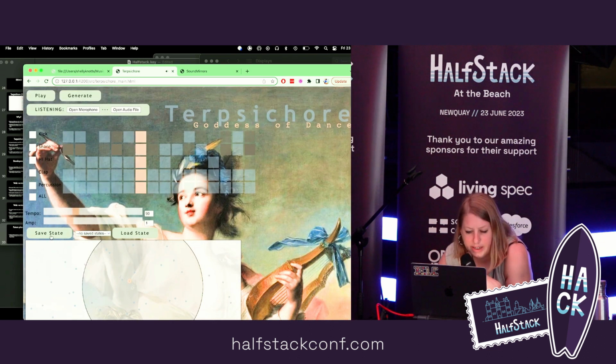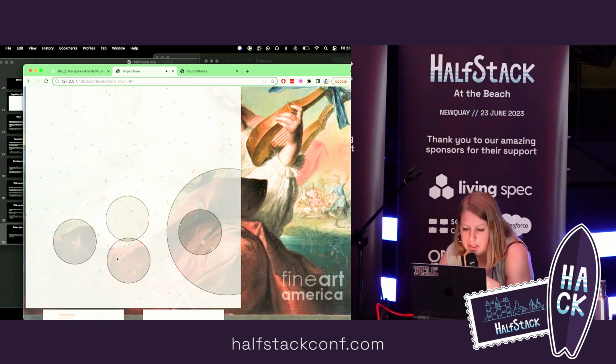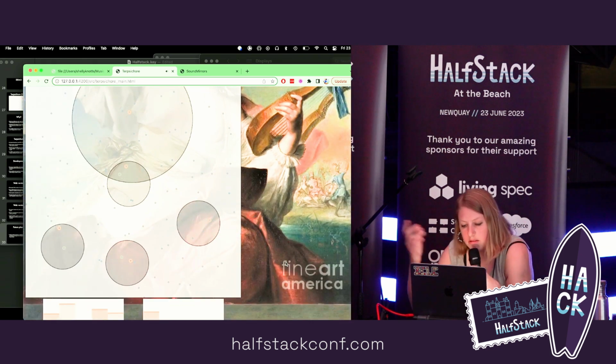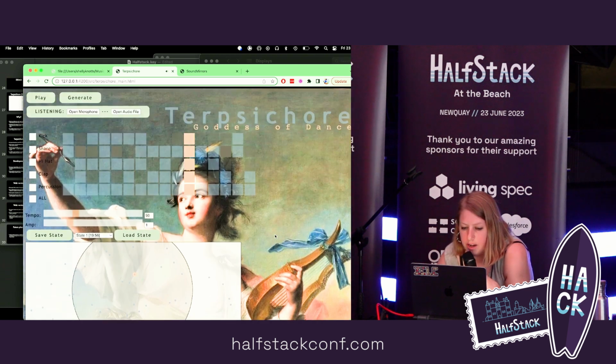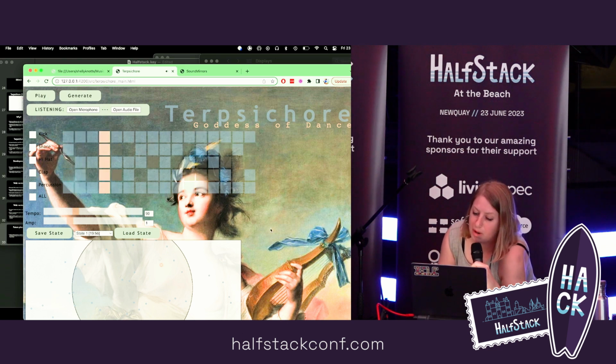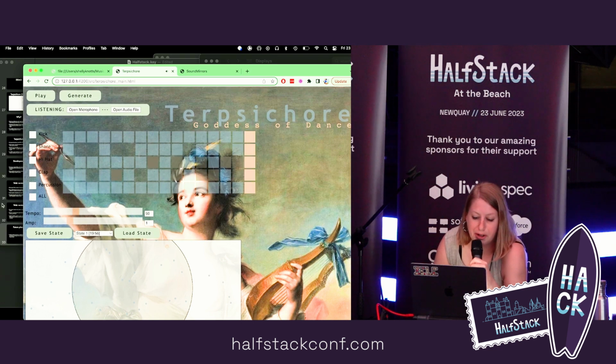And theoretically, I can save a particular state, and then if I change things and load that again, it should go back to that state. So I've played with it a couple of times, and it works reasonably well, or well enough that I don't feel bad about not live coding the beats.